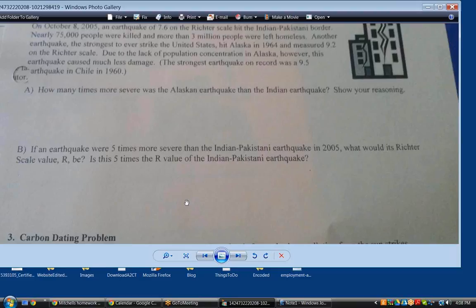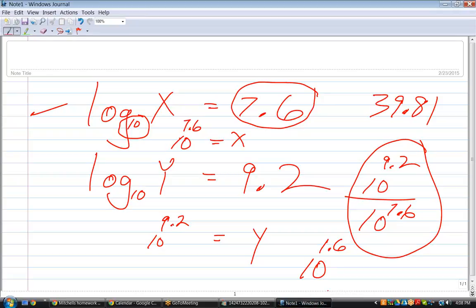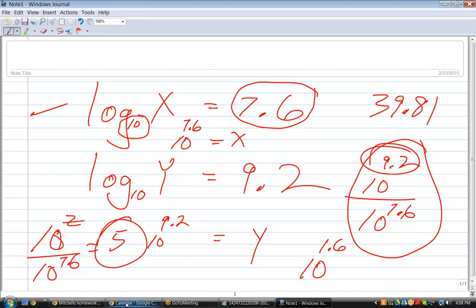So they want something that's 5 times bigger than a 7.6, right? Yeah. Okay, so we need a numerator there. In other words, I want 10 to the z divided by 10 to the 7.6 equals 5. All right. Okay. Now, how do we solve that problem? Well,